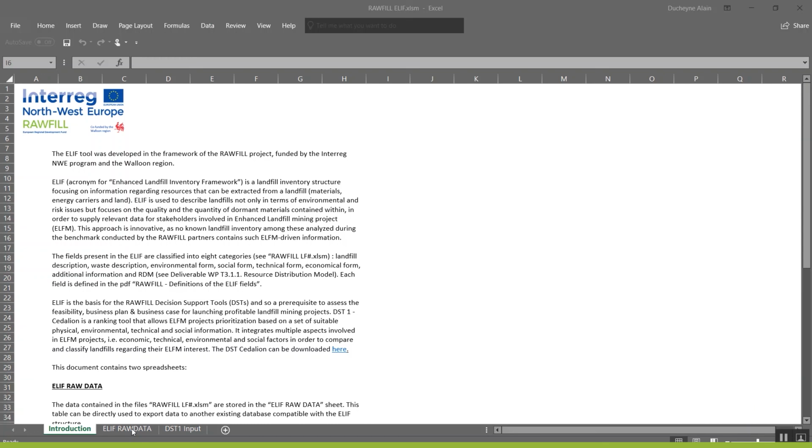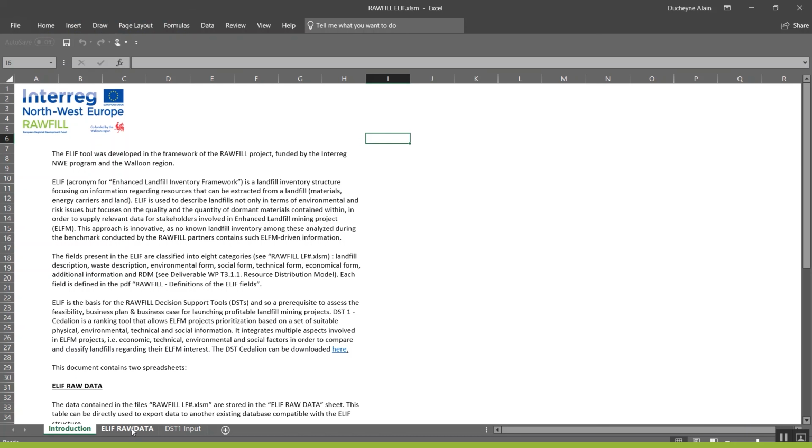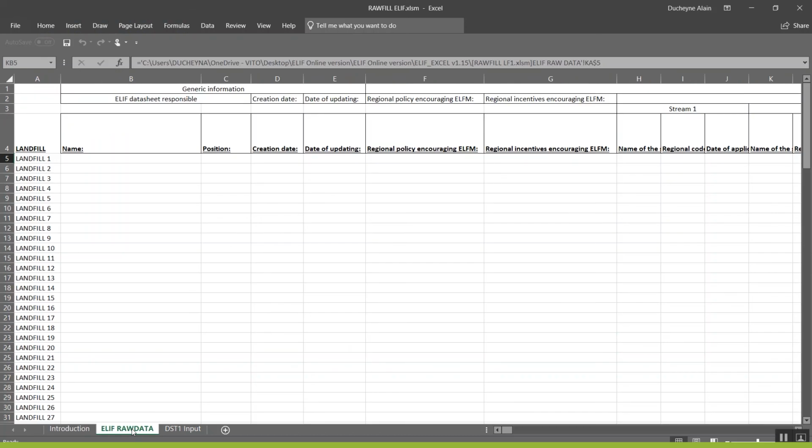Once you have completed the files for each landfill, you can open the RAWFILL ELIF file located at the top of the folder. Like in the other files, it's possible that you have to update the links to external content. You can click on Update to make sure it's up to date with the other Excel files of the directory. The first tab, Raw Data, compiles all the information filled in the ELIF files.